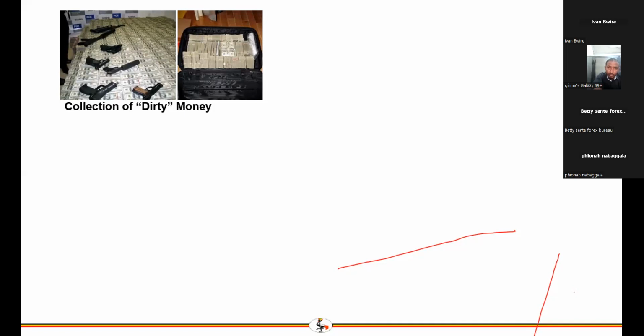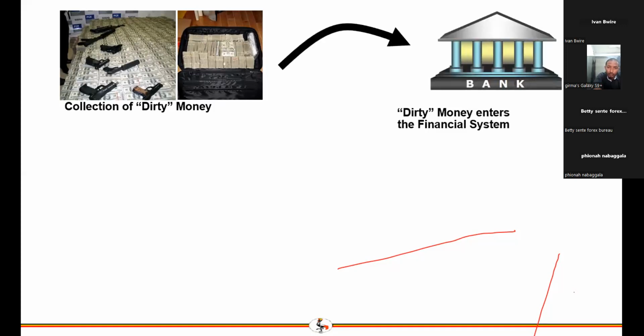Then the criminal tries to layer that money using different complex structures, like transferring it to offshore accounts to disguise the audit trail or to conceal the origin of the money, which is a criminal activity in the actual sense. Then at the final stage, once the criminal is successful in disguising the origin, the money is invested into real estate or used for purchases like luxurious goods. That's what we call money laundering.